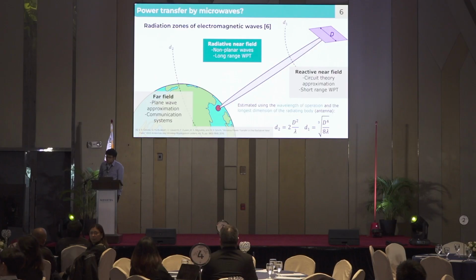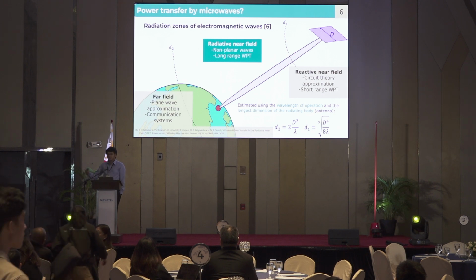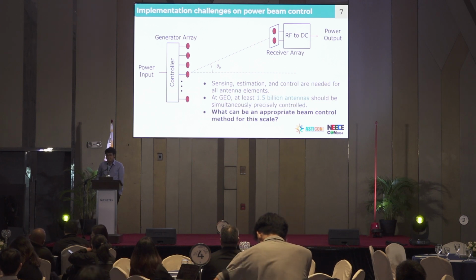It is dependent on the frequency of operation, or the wavelength of operation, and the size of the antenna. So the bigger your antenna, the longer distance you're able to transmit. The larger distance is your radiative near field zone. Okay? So the challenge of implementing this is that if you have